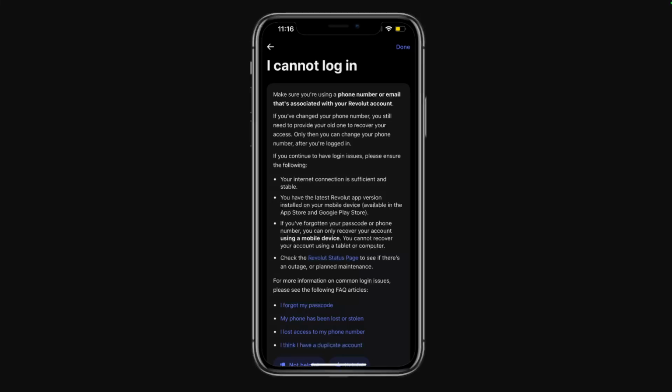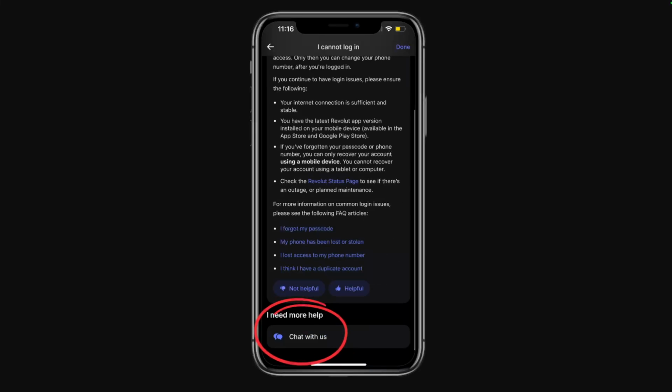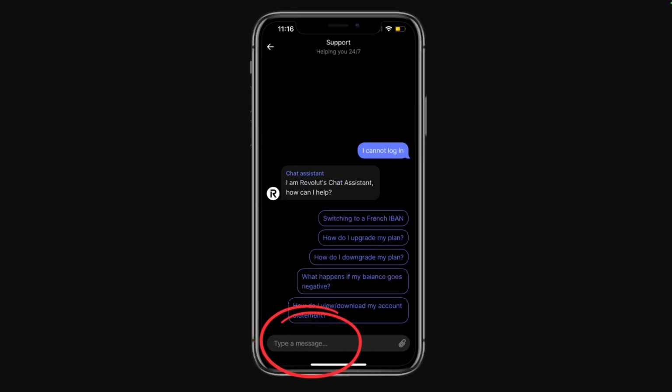And if you cannot find the solution right here, you're just gonna scroll down until you see chat with us, where I need more help. And when you click chat with us, you can type a message for them and chat with their assistant. So yeah, guys, that's basically it, how you